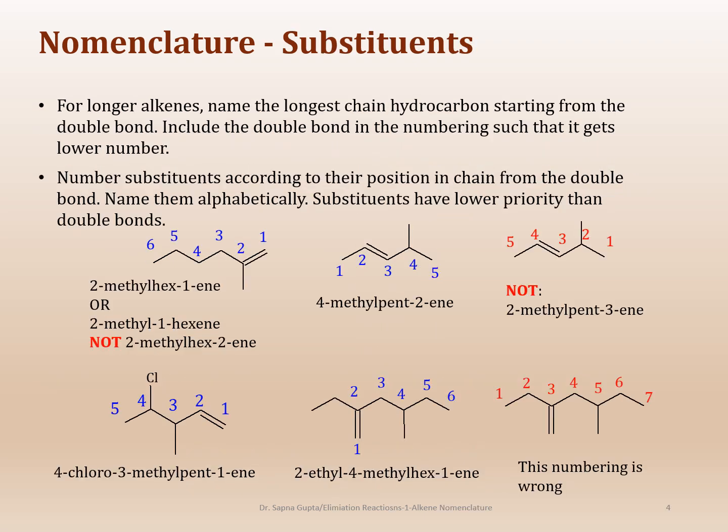So now for the substituents, and in the case of alkenes, as we get to learn more functional groups, you will see that functional groups get a little bit more priority. And so here also alkenes get more priority than substituents, which means that you have to start numbering from the double bond and not from where the branching is. Okay, you should still try to get the branching a lower number if possible, but really the priority is for